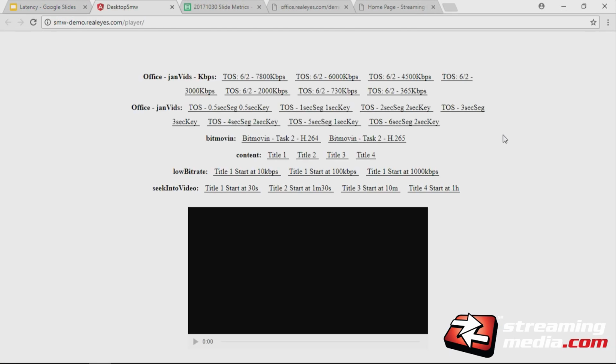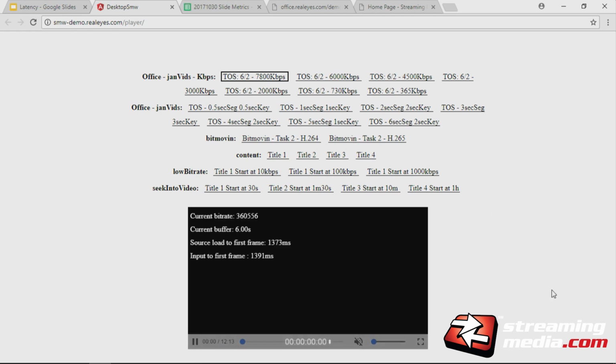And actually, this is what the browser application looked like. So we used HLS.js underneath. This is the JSON file broken out into all the different content that we wanted to be able to test, even having some H.265 tests in here. And when we select anything, we're able to execute a test.